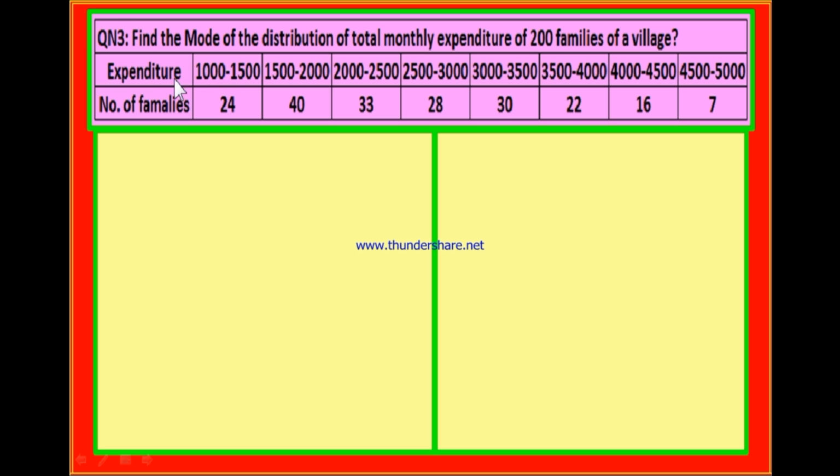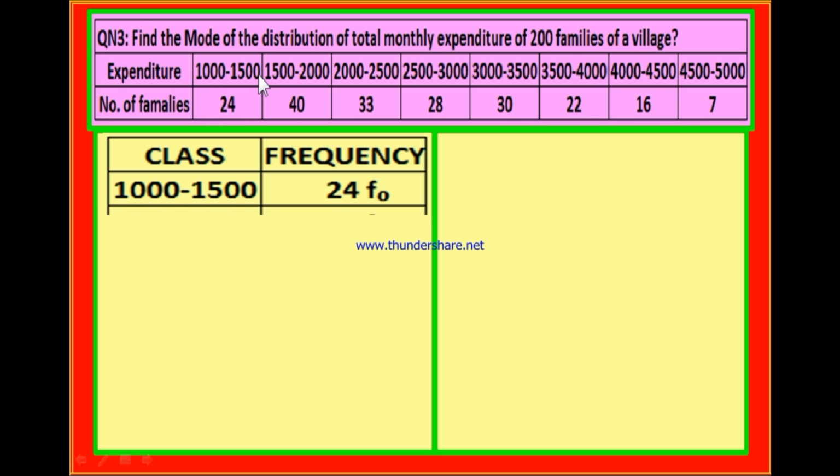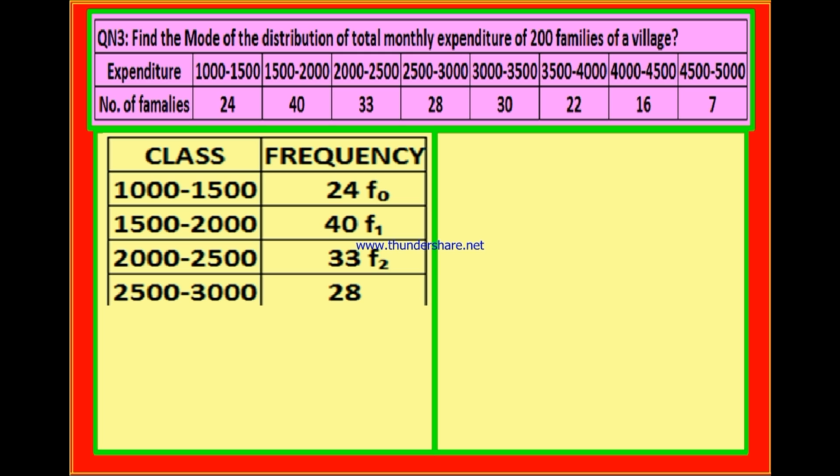In this group of data, you can consider this expenditure as classes, and the number of families as frequency. Now let us form a table. Here is the table. First of all, expenditure as class and the number of families as frequency. The first class is 1000 rupees to 1500. The frequency is 24. The class 1500 to 2000 rupees, the number of families 40, and 2000 rupees to 2500,